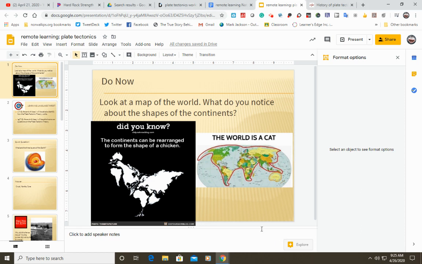Today we're going to be taking a look at plate tectonics. We've been looking at African geography, and this will put a little bit of closure to our African geography unit. Today we're going to do things a little bit differently. What I would like is for you to not do your do now in a separate question, but actually in